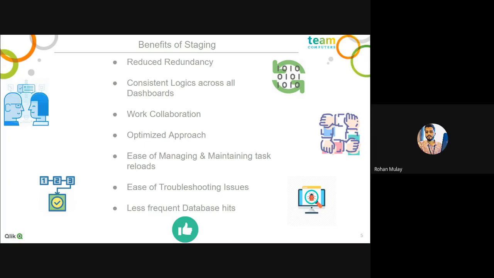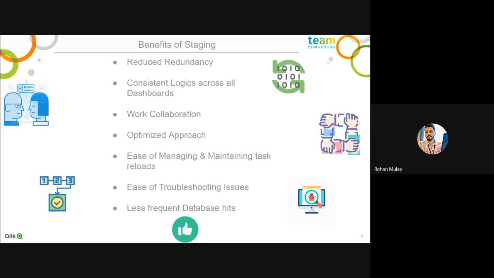Then there is work collaboration. By work collaboration, I mean that this staging approach really requires collaboration among team members so that everyone is well aware of what another team member is doing and what component that team member is handling. So what are the different KPIs that he has derived in that component? Definitely we will have a document for that, but again, there is good collaboration between the team because everyone is aware what components the other member has created, so that if you need any KPI out of his component, you specifically know that you will get this particular KPI in this particular component. So there is good collaboration among the team in this approach.